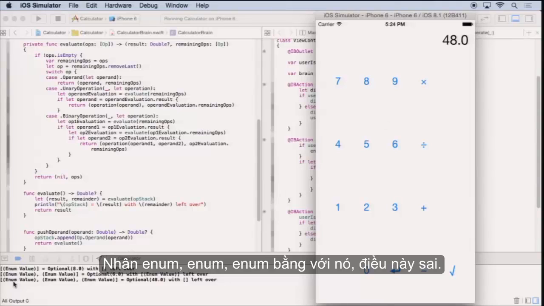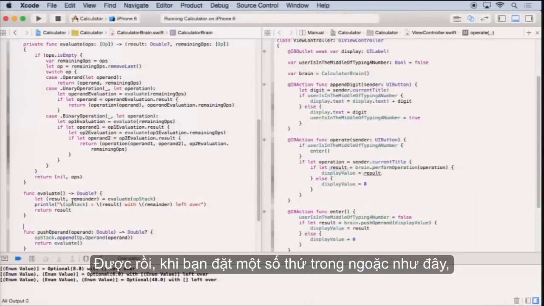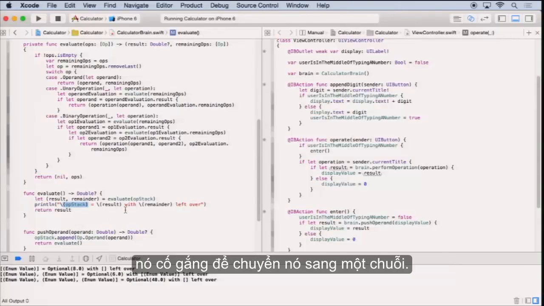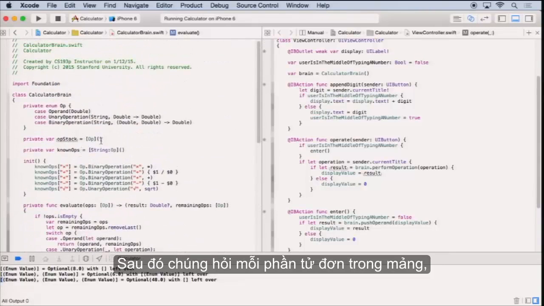Times, enum equals it with, this is terrible. I can't understand what the heck is going on here. Why is this happening? Okay, when you put something in parentheses like this, it tries to convert it to a string. Okay, well the thing that's in here is an array. Arrays know how to convert themselves to strings. What they do is they put open square bracket, then they ask every single thing in the array